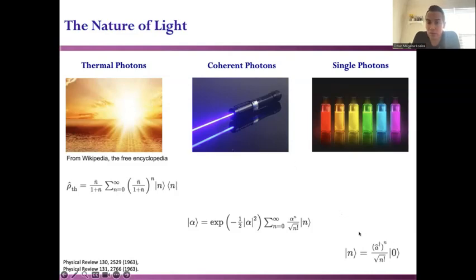single photons. This is a truly quantum state of light. And then we have other states that can be classically described, but they are also quantum states of light, such as coherent states. You can see this coherent state as a superposition of Fock states. The most popular source of coherent photons is a laser, but then we can also have statistical mixtures that we can use to describe, for example, thermal light or natural light, such as sunlight.